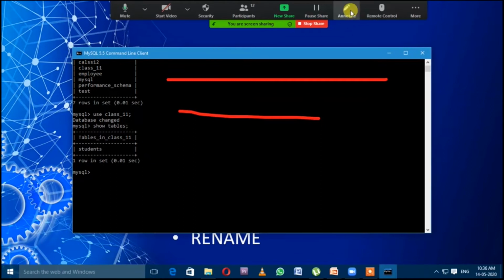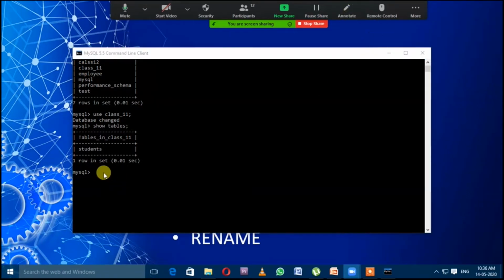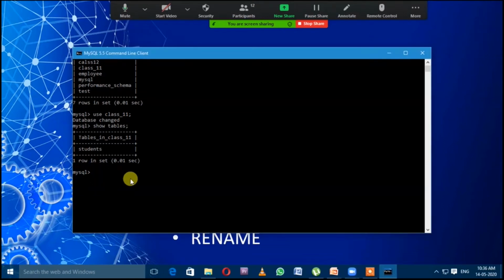Most of you are aware about the selection of data types, so I am not repeating it. This time I am going to create a table whose name is result. So the keyword create is the first keyword, then table is the second keyword, create table, then the table name.